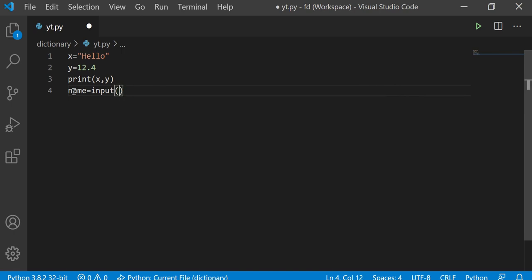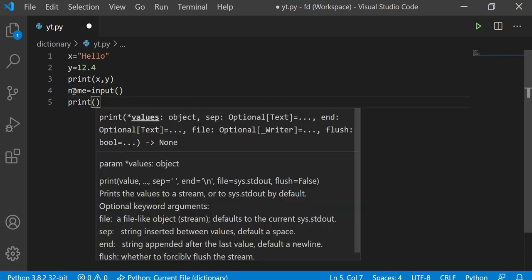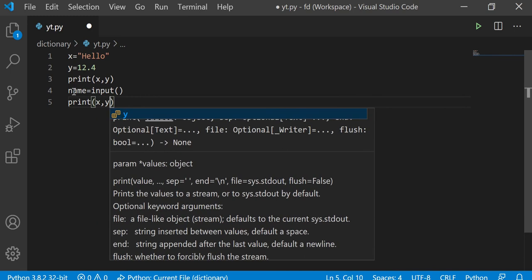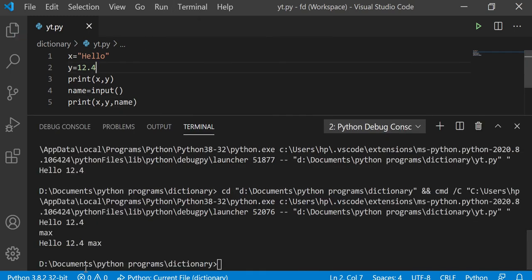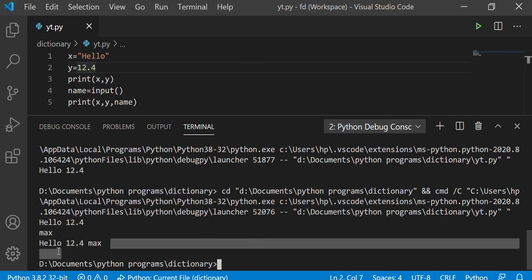Now this name will get its value as input from the user. It has already printed hello and 12.4, and in order to get name we will have to type the name in the output, that is by the user, and then we will get hello 12.4 max.